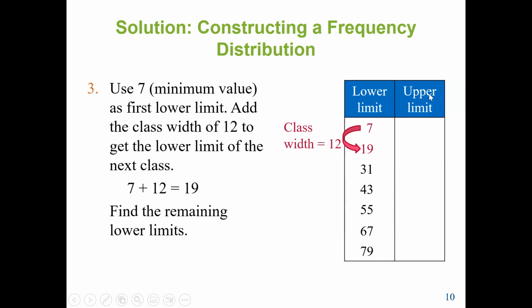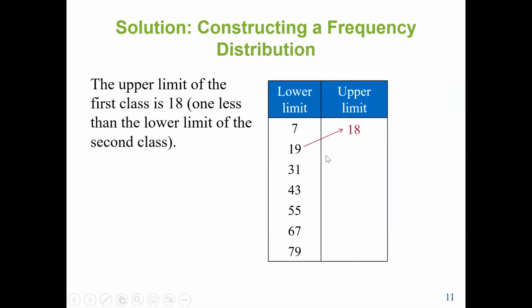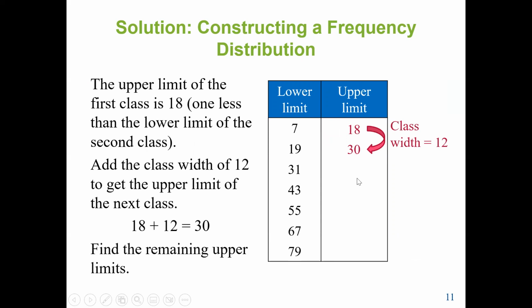Next we need to find the upper limits. If we know the next lower limit is 19, then the first upper limit should be 18. Now, the next lower limit is 31, so we end up at 30, and we continue with 42, 54, 66, 78, and the last value is 90. And the same thing, if we find the difference between each two consecutive upper limits, it will give us 12. The class width is 12. So now we have our